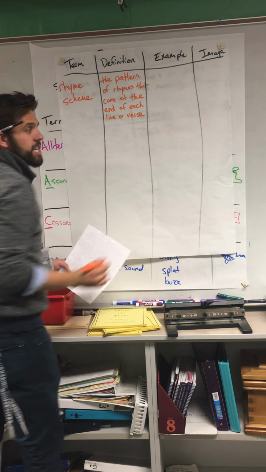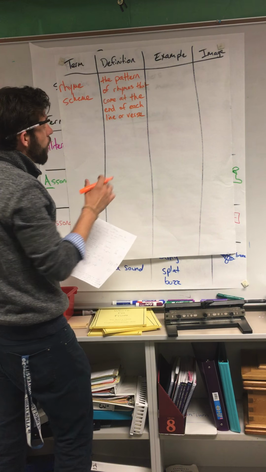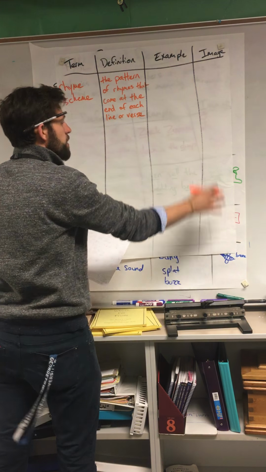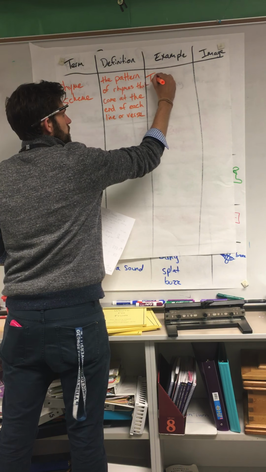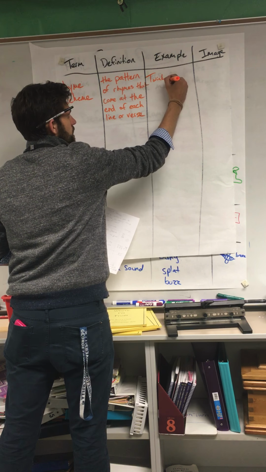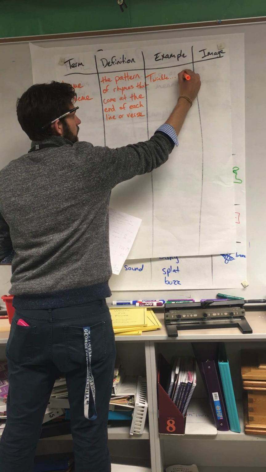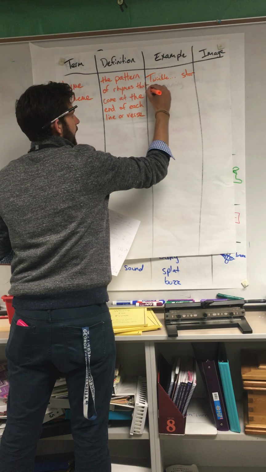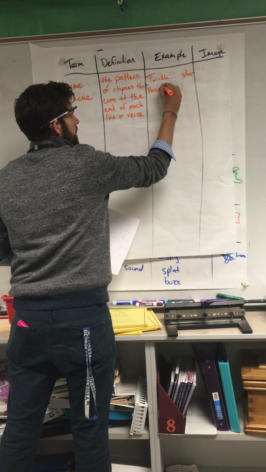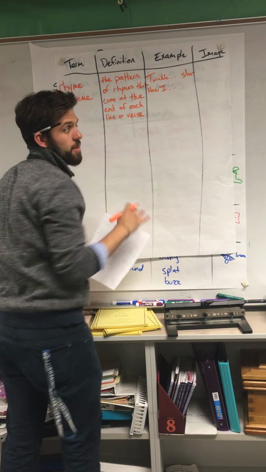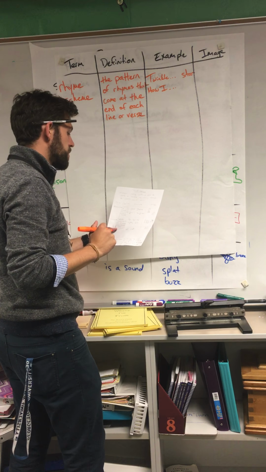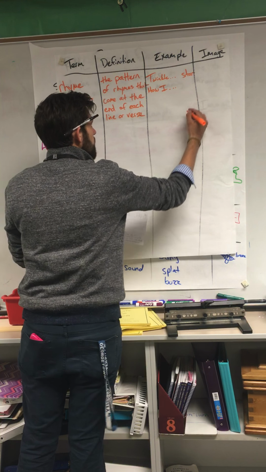They come at the end of each line or verse. So hopefully I got enough space here, but you probably all know this song. Twinkle, twinkle, little star, how I wonder. I'm going to just dot, dot, dot in the middle because I don't have space. So twinkle, twinkle, little star, how I wonder what you